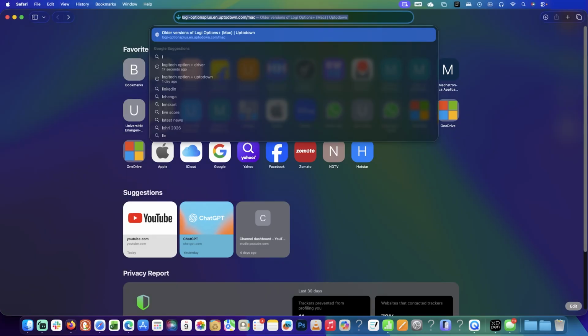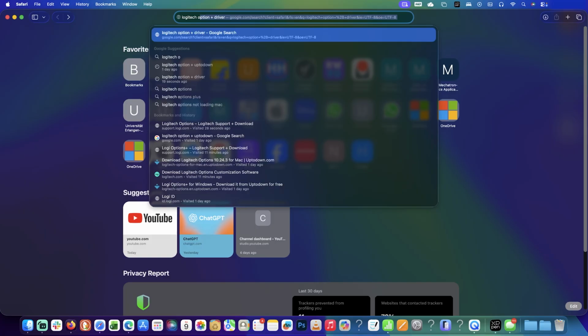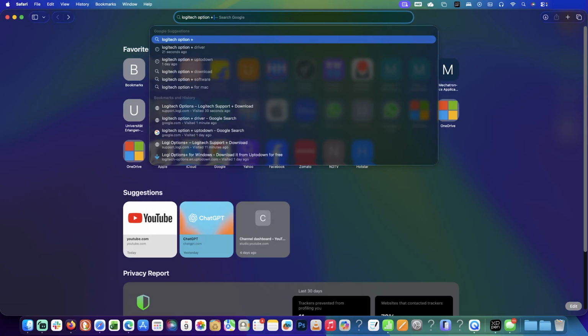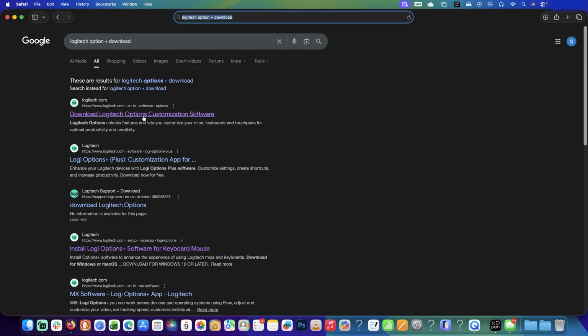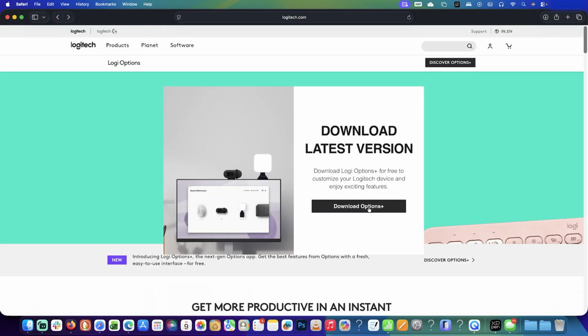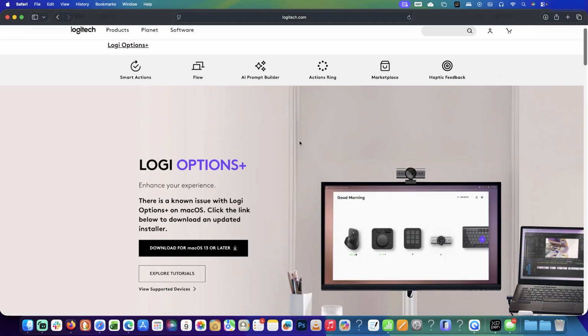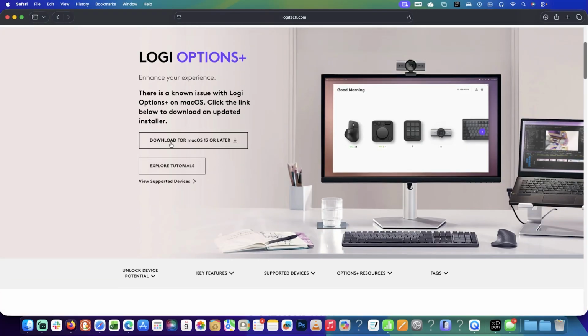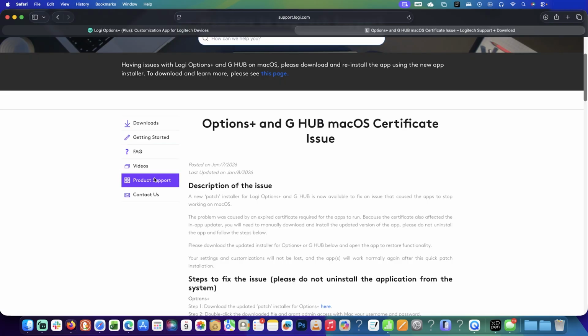So let's write here Logitech Options Plus download. Here we go. Here is the software. So let's click on it. And now let's click here on Download Options Plus. Then click on Download for macOS 13 or later. Now let's click on